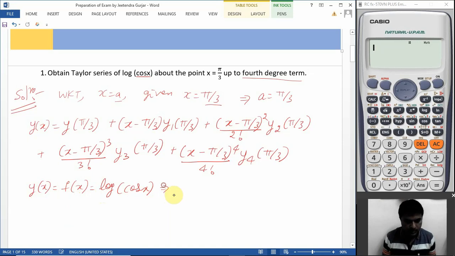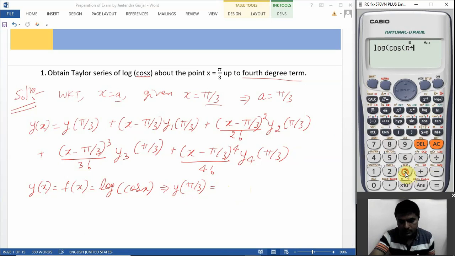So this implies x is equal to pi by 3. So I will directly substitute here pi by 3. y of pi by 3 is equal to, substitute in your calculator, students, easily you will get it. In the calculator, log of cos is there, pi is there, shift pi, divided by 3. So you must be fast in the calculator. Here on the screen it is going very slow. So this is equal to,